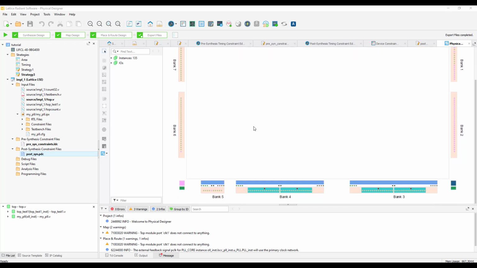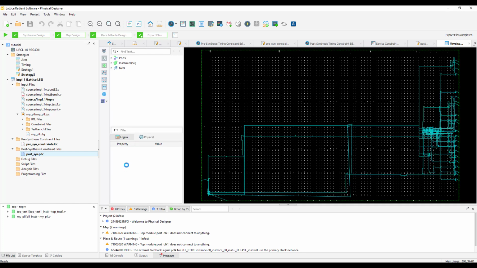If you have a large design with DDRs, you will also be able to place all the DDR pins along these banks, which also has an e-clock group and all the required pins that can be used to place the DDR blocks. Along with this, we also have a physical view or the routing mode that you can use to see the routing of the design.